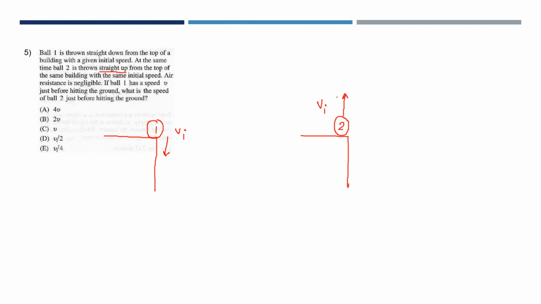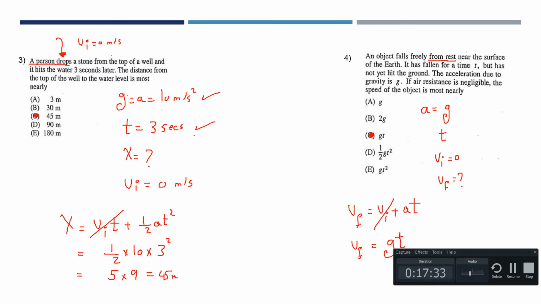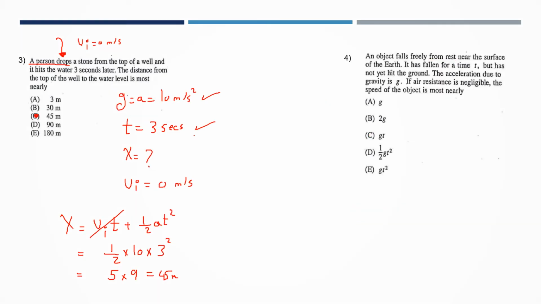The air resistance is negligible if ball 1 has a speed v just before hitting the ground. So ball number 1, as it leaves the edge, as it's being directly thrown downwards from the top of the same building,